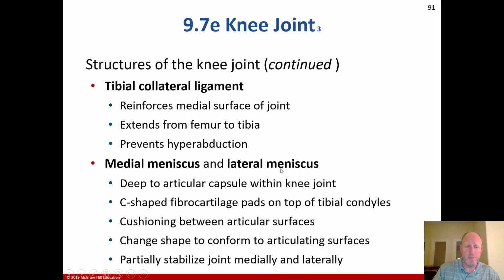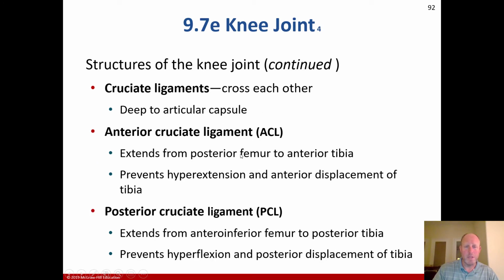And then the medial meniscus and lateral meniscus, they're deep to the articular capsule within that knee joint. They provide cushioning at those articular surfaces. They change their shape to conform to articulating surfaces. And they help stabilize the joint medially and laterally. A lot of times people get a medial meniscus tear from excessive stress going medially with that knee. If that knee somehow gets too much stress going medially, you can get a tear at the medial meniscus. Likewise for the lateral meniscus. And therefore, if there's a tear there, every time it gets a little bit of added stress going to the medial side or the lateral side, depending on where the tear is, there'll be significant pain, possibly needing surgery